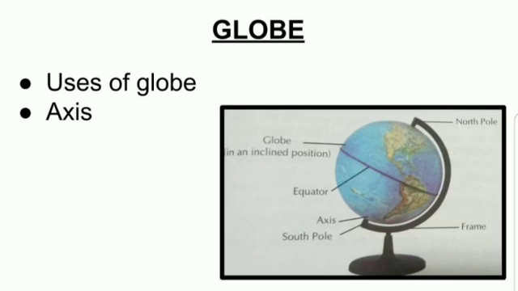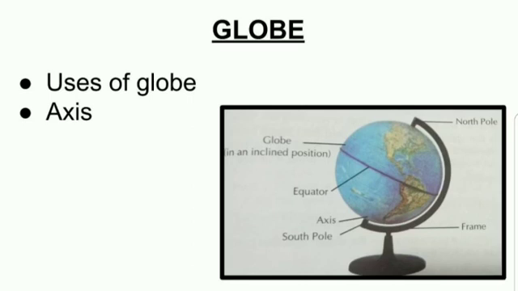The meridians are semicircles. How are these lines of longitude? Vertical lines are half circles, semicircles, whereas the latitudes are complete circles. Longitudes are used to locate the time of any place. So latitude and longitude are useful to locate a place, and especially the longitude, the vertical lines, is useful in calculating the particular time of that place. Other uses which are explained here, we will see about the axis.